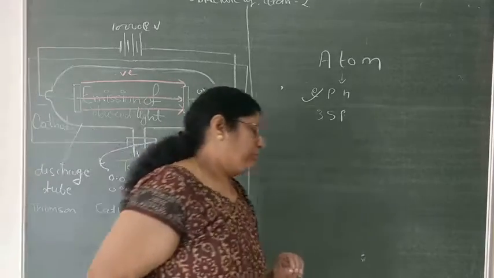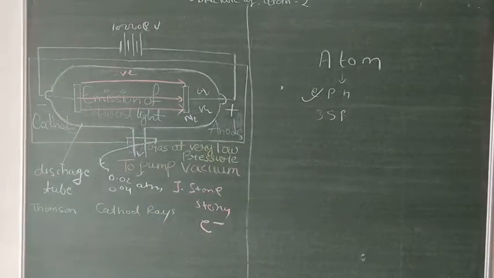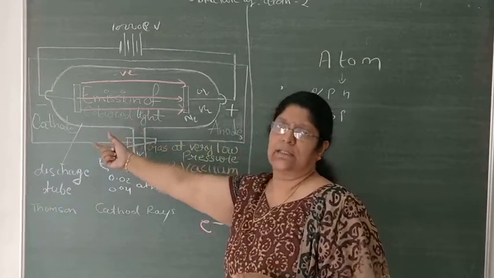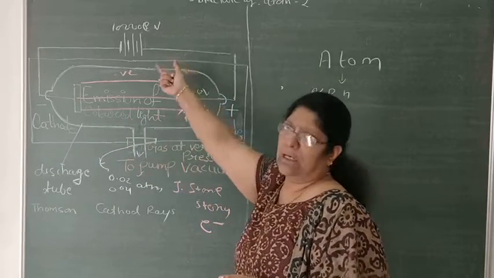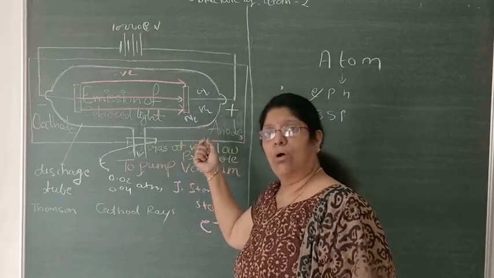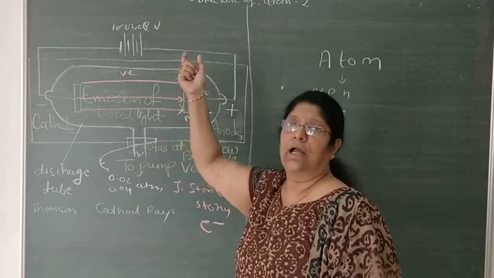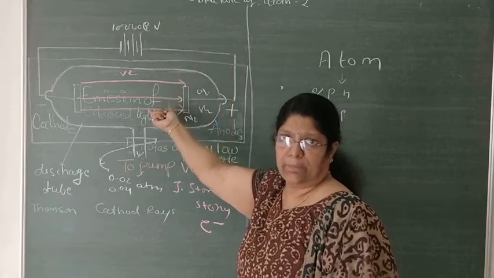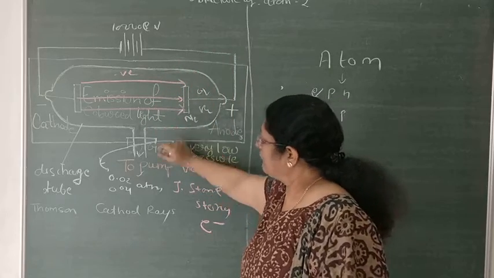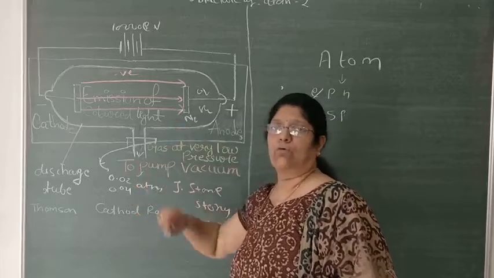Clear? So the theory is simple. You have to take one discharge tube, then fill it with some gas, nitrogen, oxygen, whatever, and the two sides contain electrodes. One is negative, another is positive. You apply 10,000 volt of electricity. Earlier it will not give any response because at high pressure gases are bad conductors of electricity. So you will release a little amount of pressure.